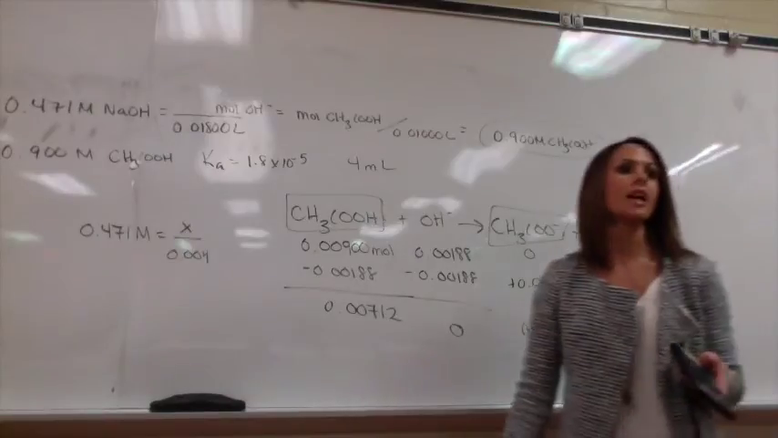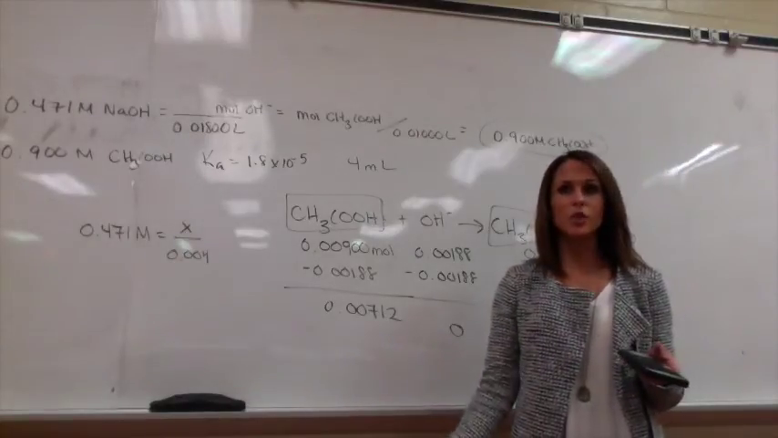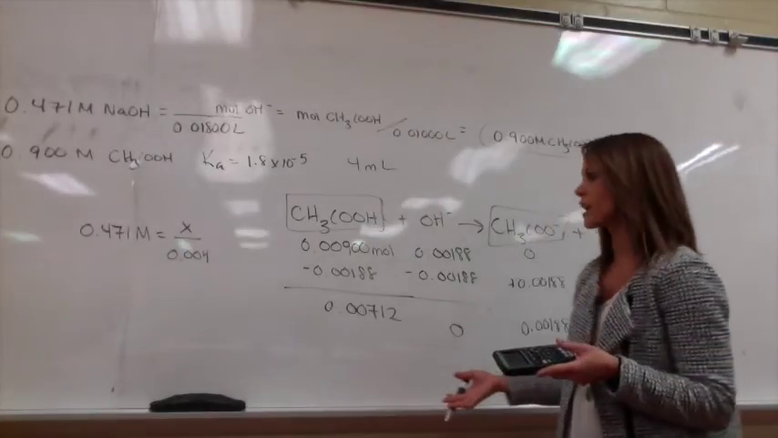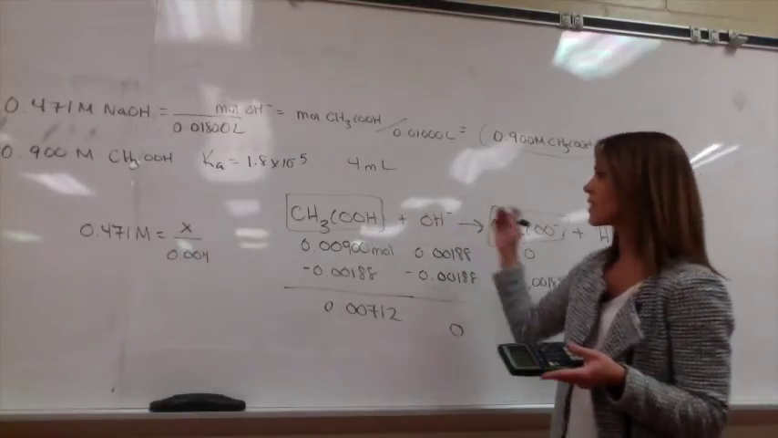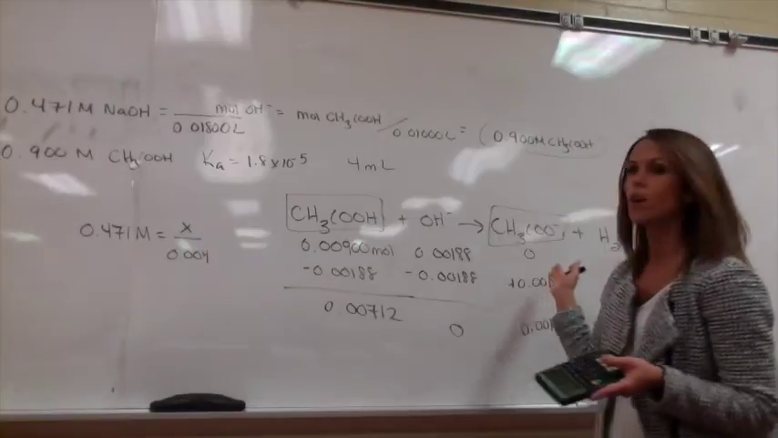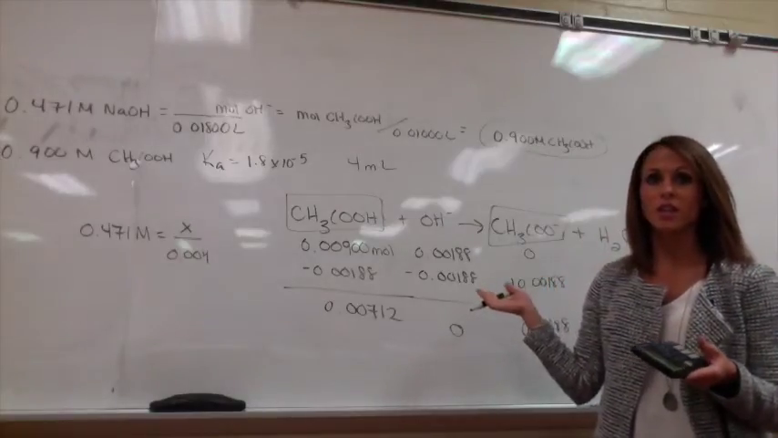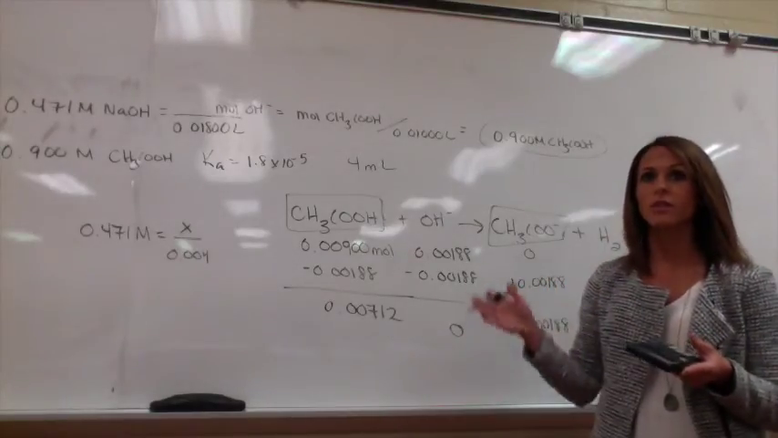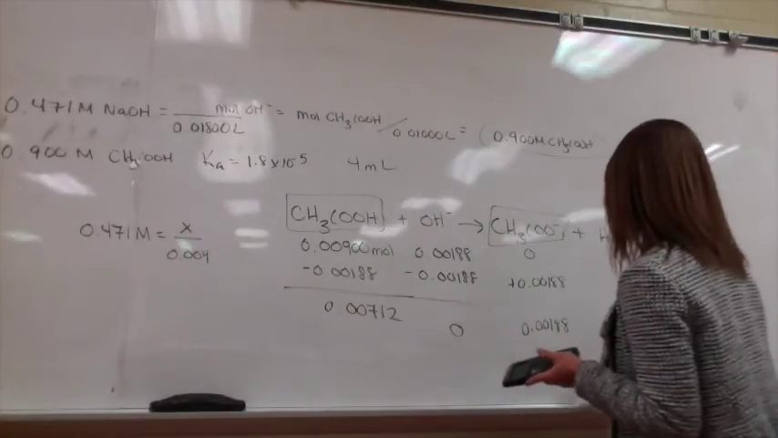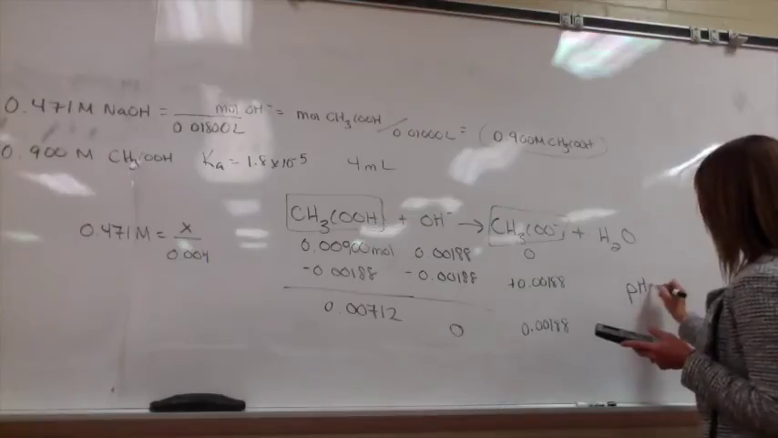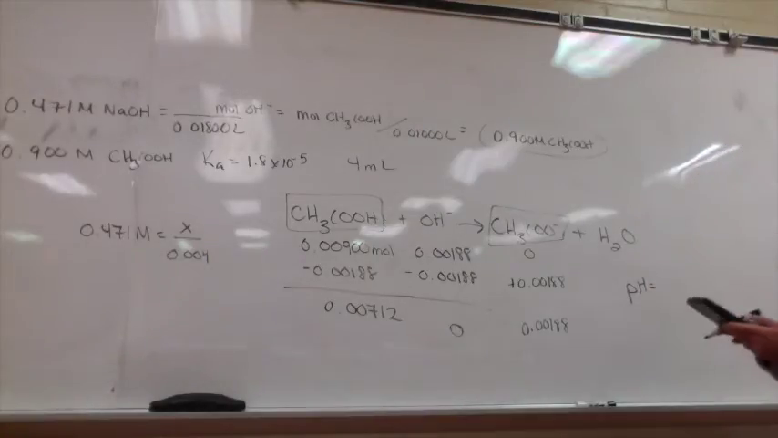Or you can use your Ka expression. Remember I said there are 2 ways to go about it. If you take your original Ka expression, now you have this, and then you would have your Ka, and you would just solve for essentially H3O+, because that's your original Ka expression, not with the base. Or you use Henderson-Hasselbalch. So now if we use Henderson-Hasselbalch, pH is equal to the negative log of that Ka,